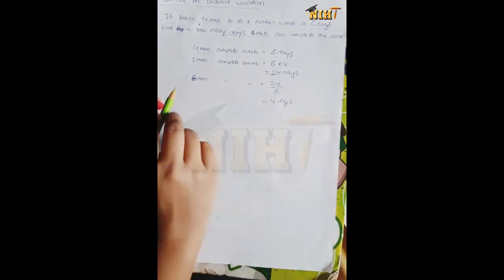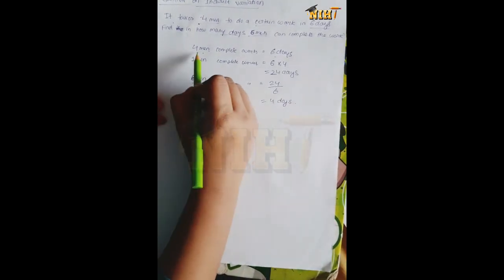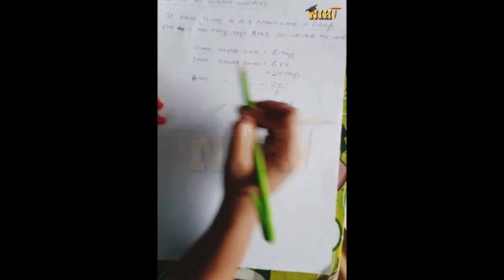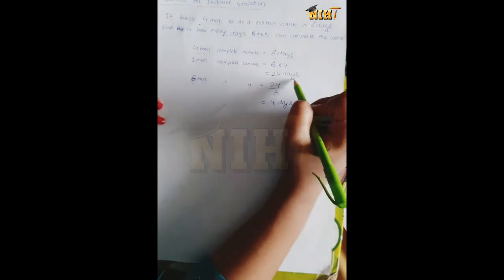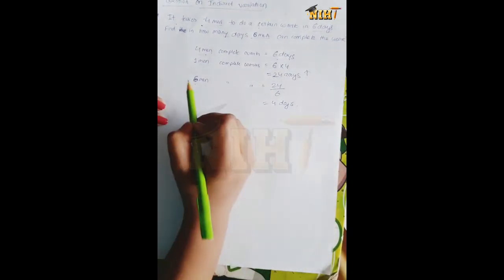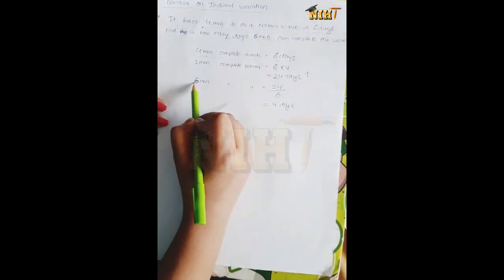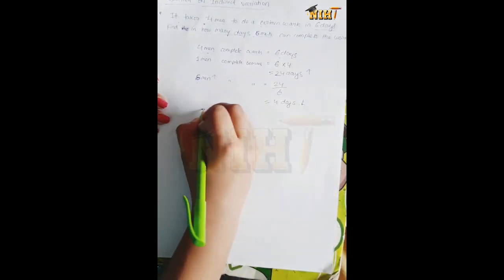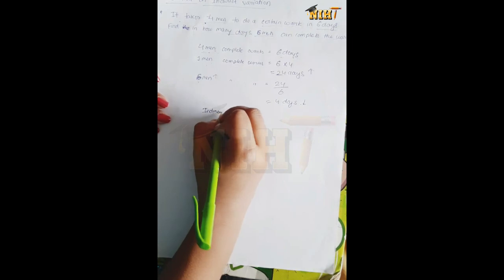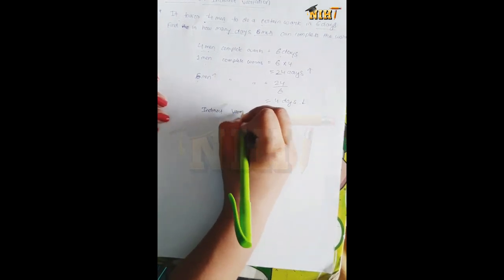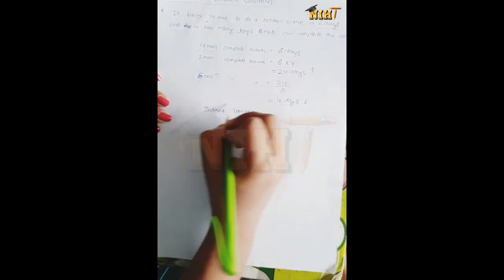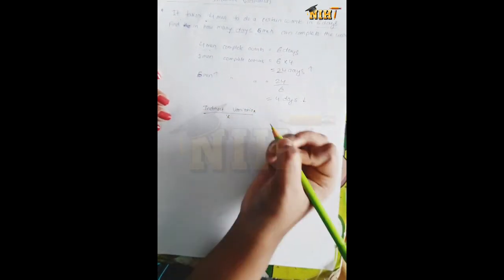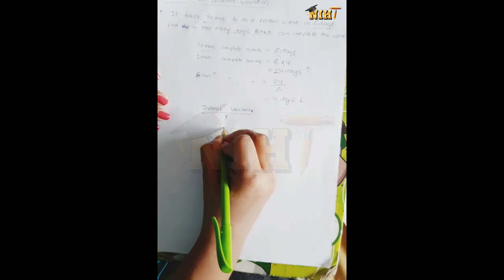So here what we see is that as the men decrease, our days will increase, and if we increase the men, our days will decrease. So this is an indirect variation. So in indirect variation, we first do multiplication, then we divide, which is the opposite